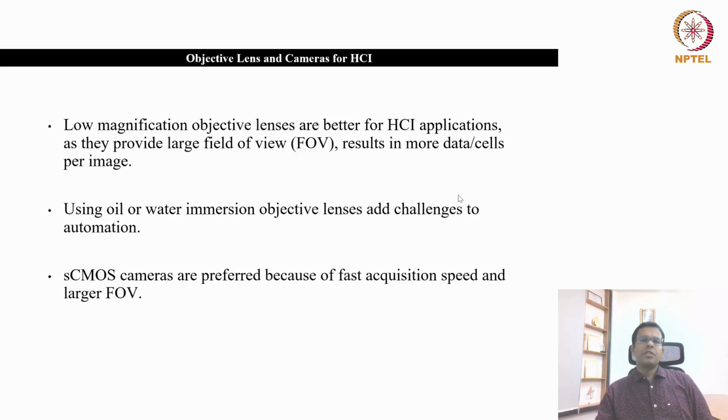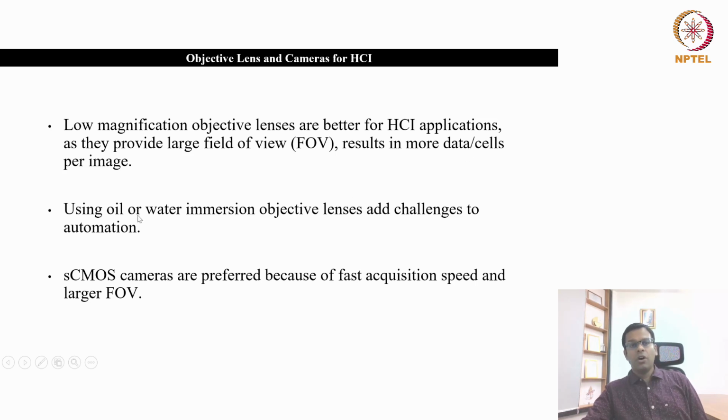So some more information on the objective lens and the cameras for high content imaging: what kind of objective lenses are preferred and what kind of cameras are preferred. Low magnification objective lenses are better for HCI applications, as they provide large field of view and result in more data or cells per image.